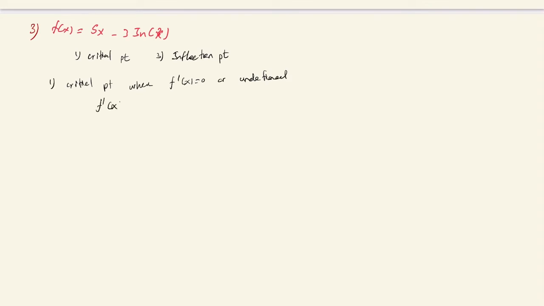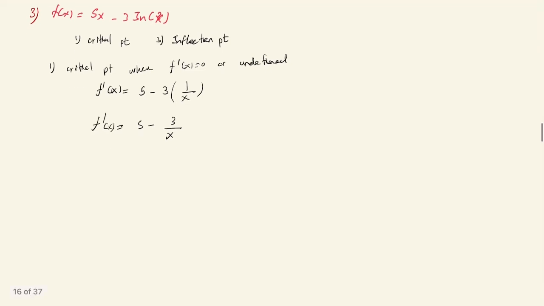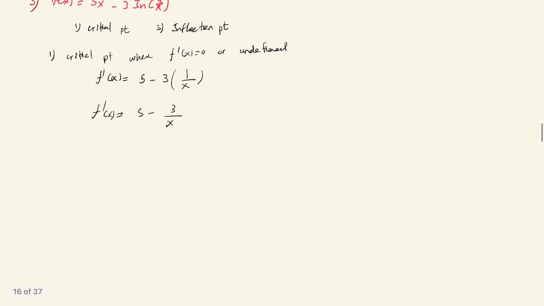So let's take the derivative of the function. It's going to be 5 minus 3, and the derivative of natural log of x is just 1 over x. That's the first derivative. Now, the first derivative is undefined when we have a fraction with a number over 0. So when x is equal to 0,